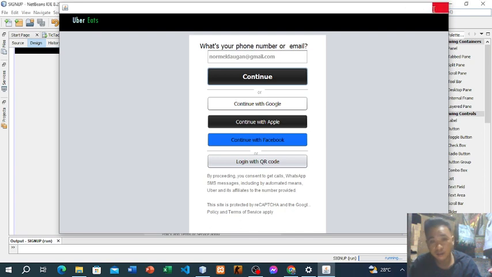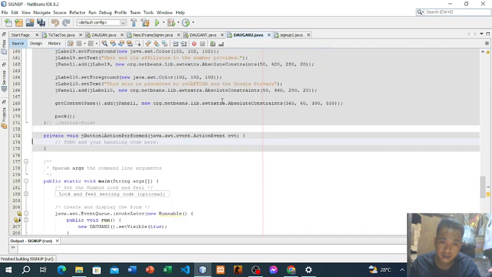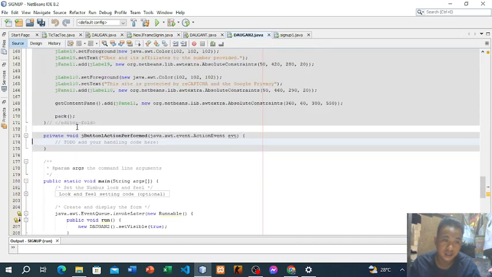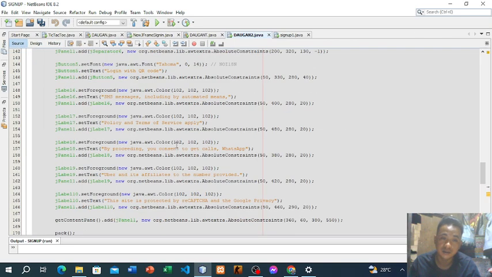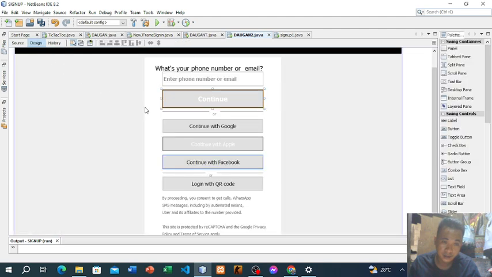If you want to add a function to it, just double click this and it will direct you to the code. This is the design. When you click here, this is source. The source is where the codes were designed.